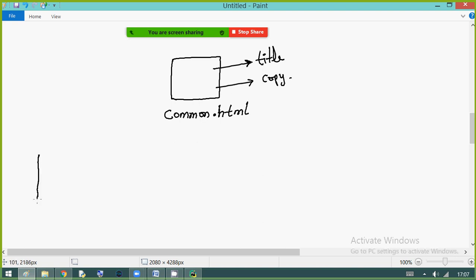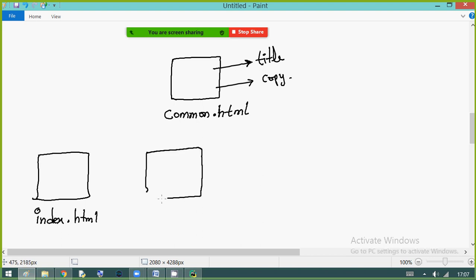Now I am going to another page, for example index.html, or adminlogin.html. Different pages, different HTML pages.